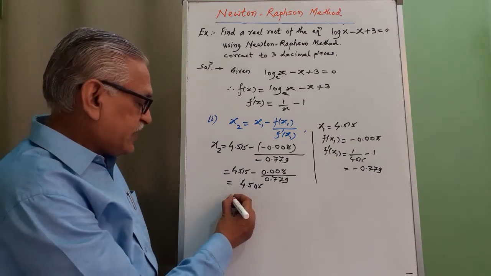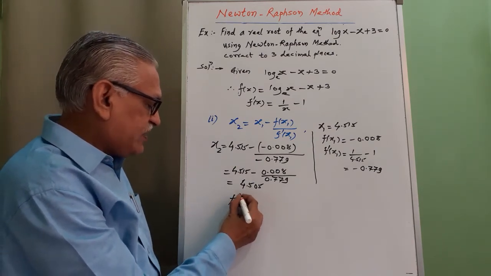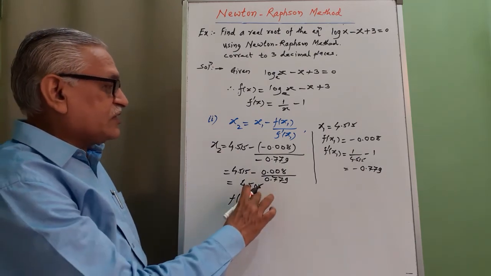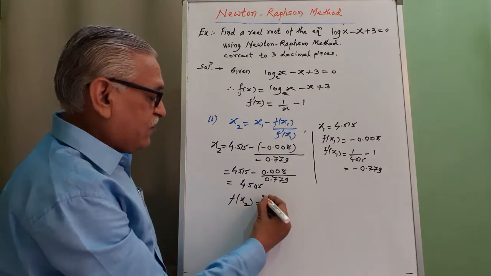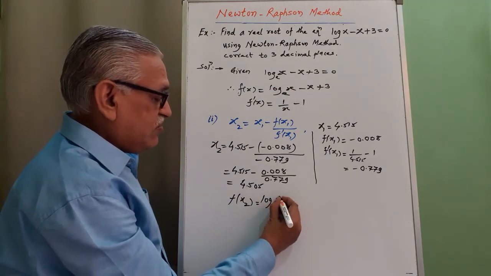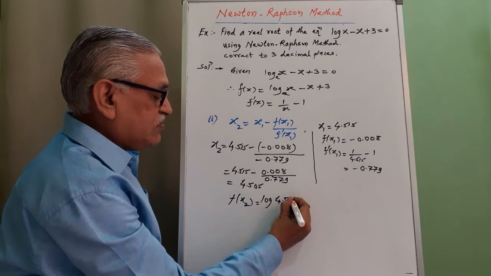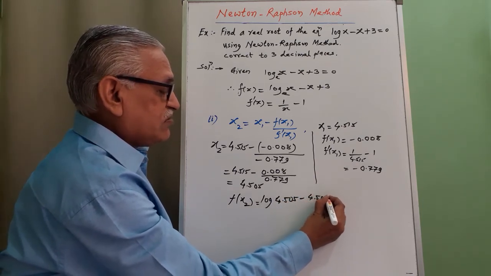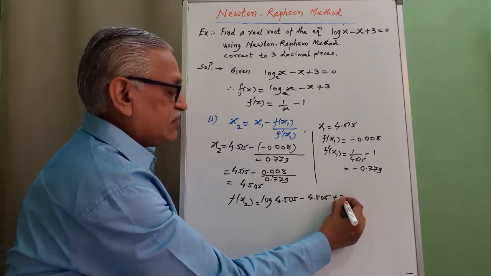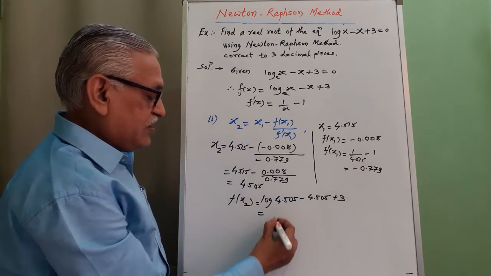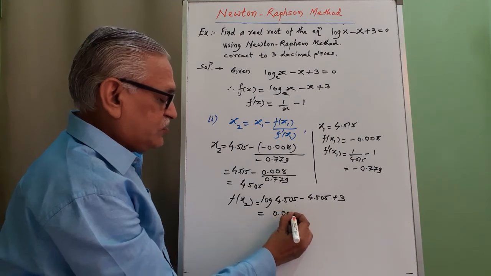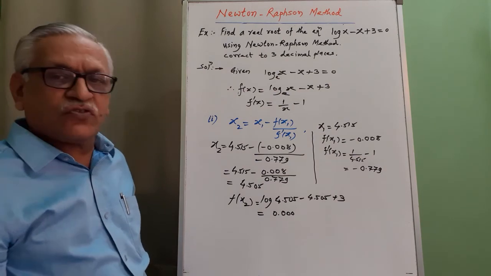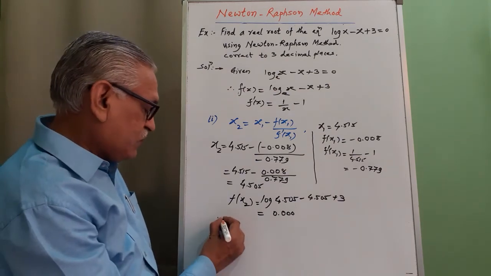And then to check whether it is a root or not, once again we find f of x2 by substituting this value here, we get log of 4.505 minus 4.505 plus 3, and therefore it is 0.000, and as the value is exactly equal to 0, we stop the iterative procedure,